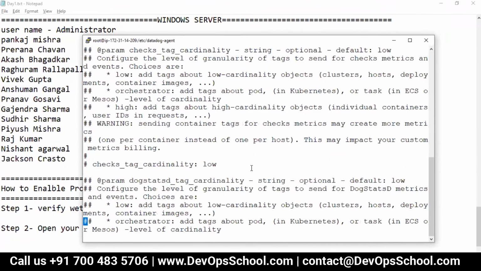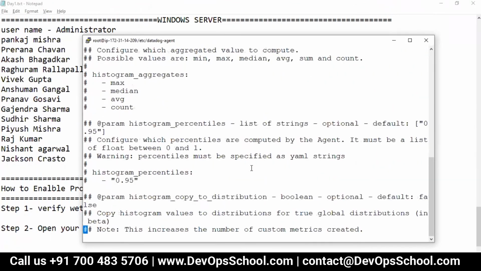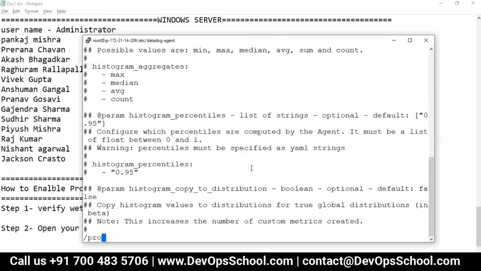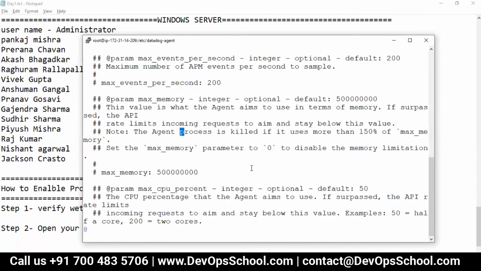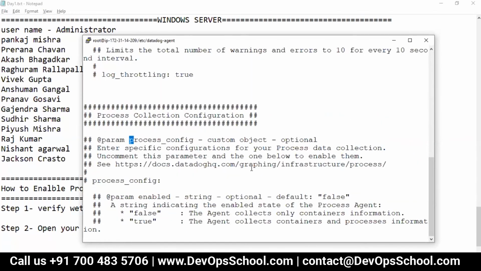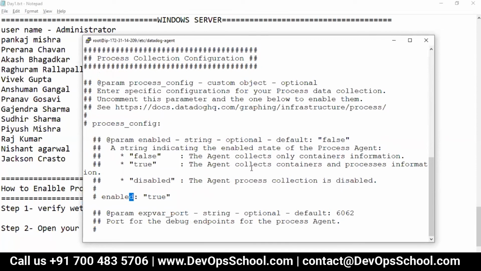So guys, you will go to this part, process collection configuration, and you will make it enabled.